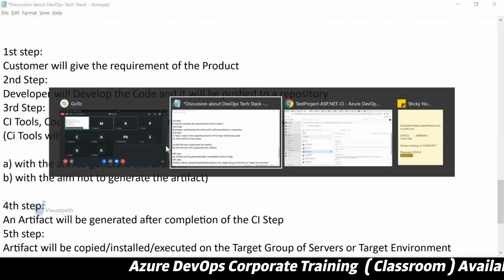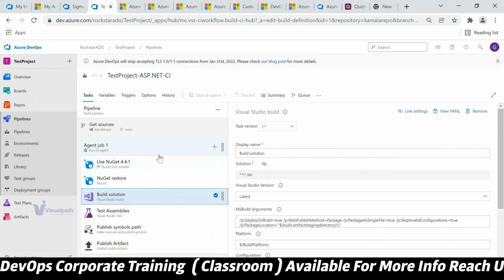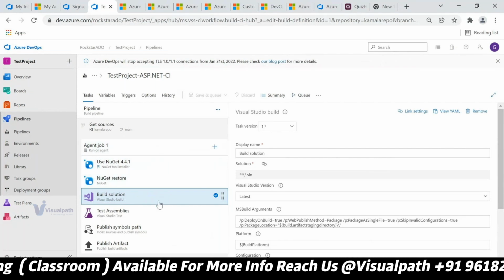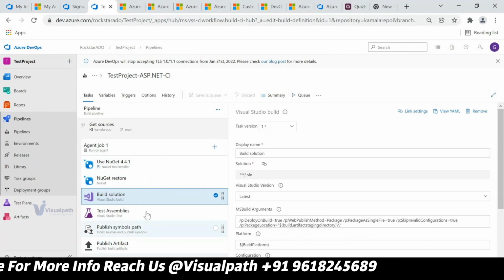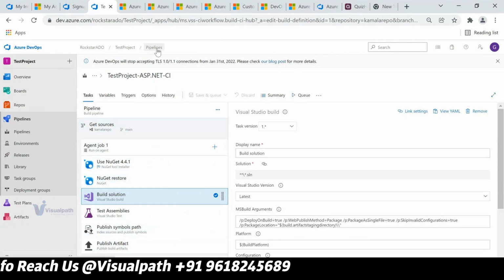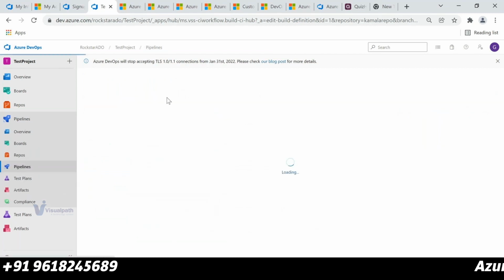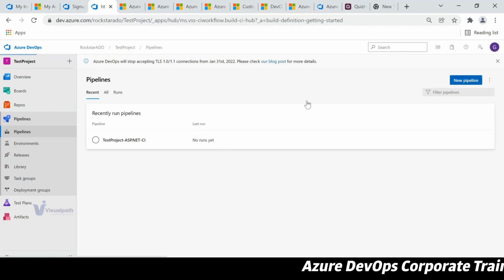So this is a CI pipeline. I mean, this is a build pipeline that I have created for compiling the .NET solution that I have, right? And let me show you something else here. Suppose my objective is to